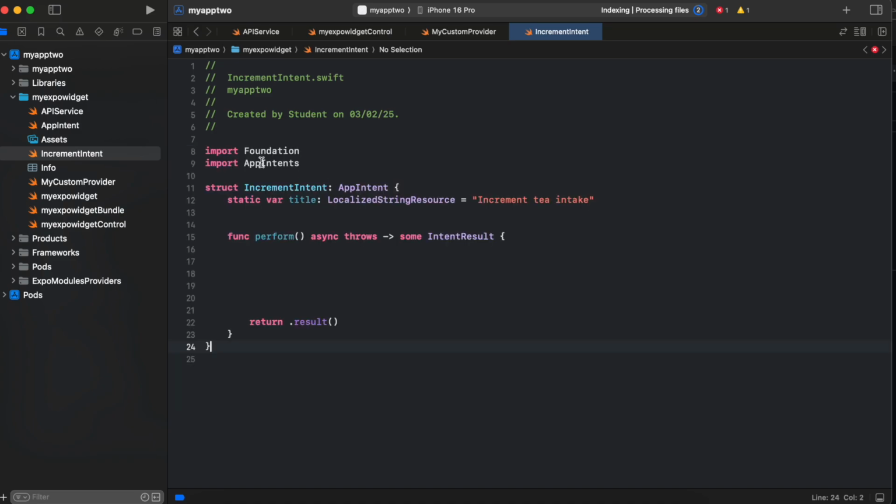Now you have to import app intent. You can write the title whatever you feel like, change this to whatever you feel like, and this particular method is overridden from this app intent. This particular method automatically gets called once our button is clicked. But we don't want to do anything on our button click, so I'm just returning the result back,